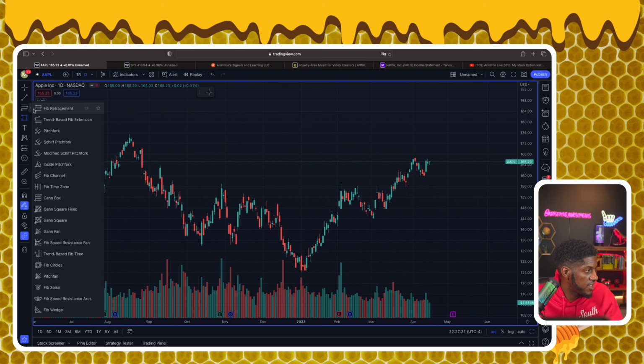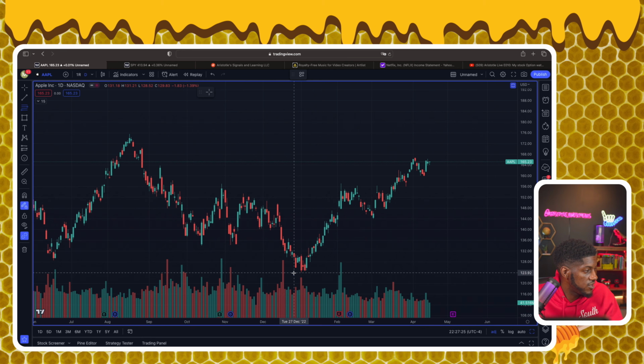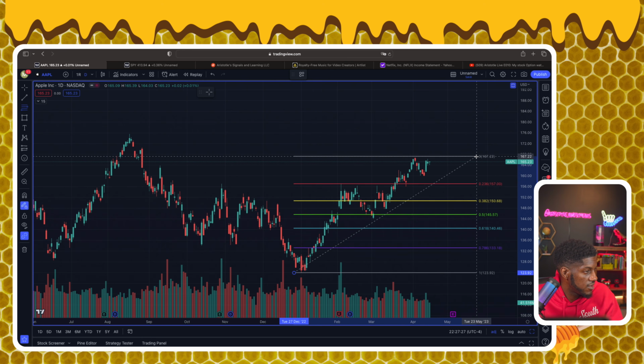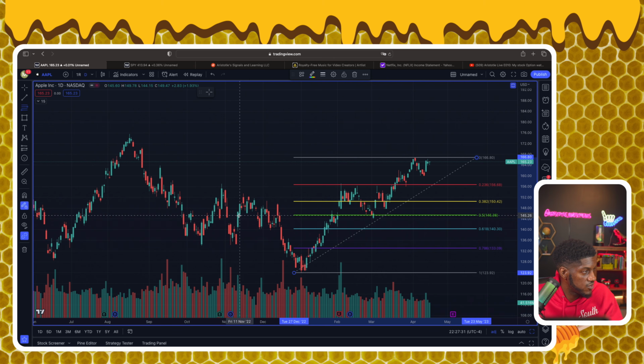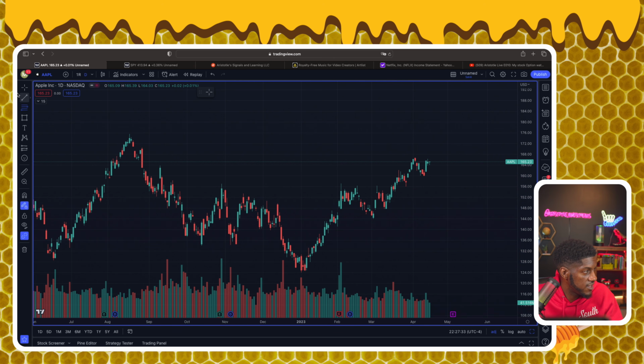The Fibonacci indicator will be right here. I love my fib retracements. So you can use fibs. And I just keep them kind of default because I like the original colors on TradingView. You can go in and delete that. Go back right here. You have your lines. So if you want to draw trend lines, let's just say I wanted to draw a trend line with Apple right here where we see these multiple touches. 1 touch, 2 touch, 3 touch,